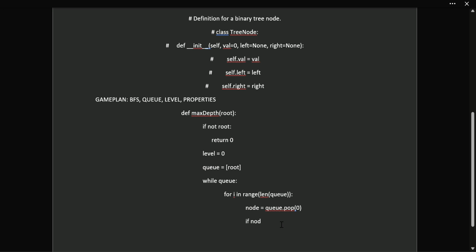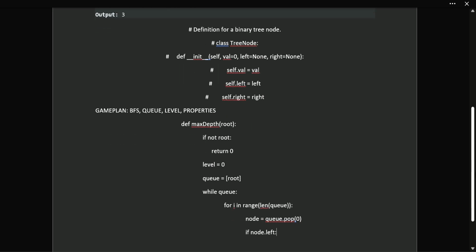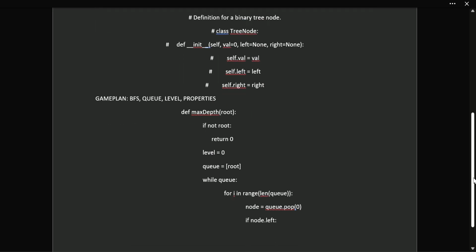And if node.left, so if this node is not null, so the property on the left, so whatever's to the left of it, so like in this case 3 with the 9 and 20, these are not null, but 9's left would be null, and 9's right would be null, and 15's left and 15's right, and 7's left and 7's right would all be null. But if it's not, then what we want to do here is, we know there's another level to go on,